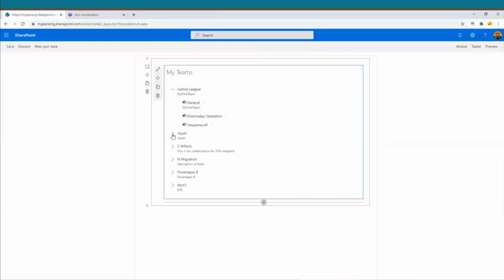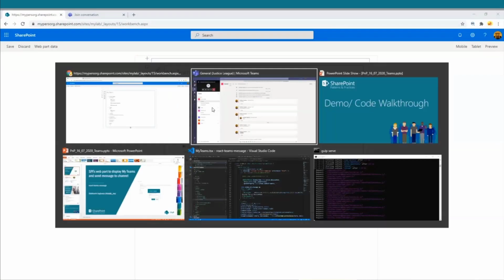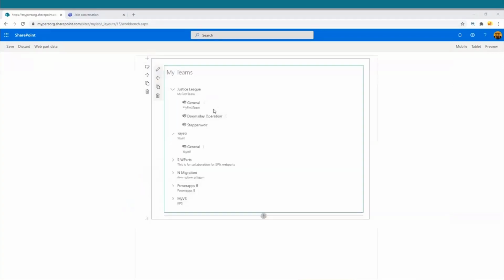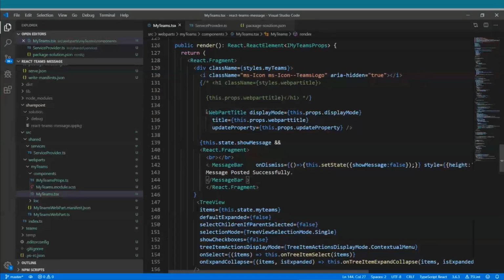And then you can also expand the other teams and the channels would be loaded. So this web part is a simple web part, but it can be used on the intranet homepage, as I said, where team adoption has been at its peak and people are using it for their solutioning for companies and organizations nowadays. This can be used on the intranet homepage also, right?